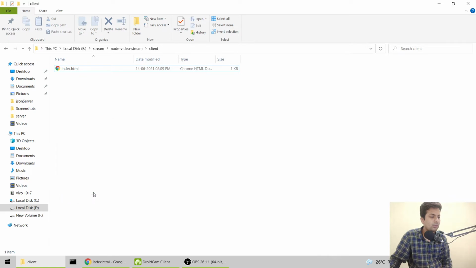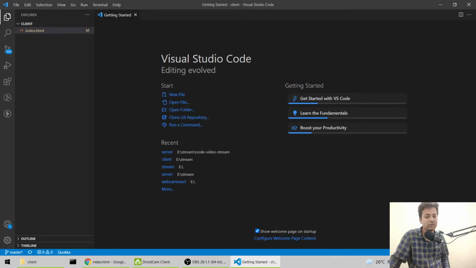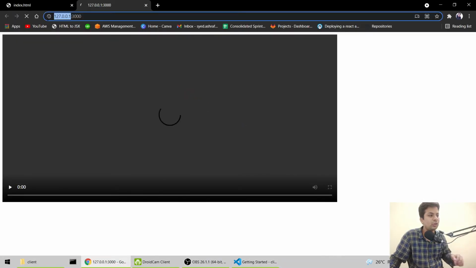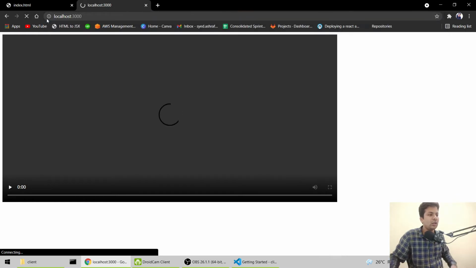Open with code, close this file, and it's go live. Here it's port 3000 on localhost, so it can be different for you. You can run directly like this also. Okay, let's get back to the Node part.